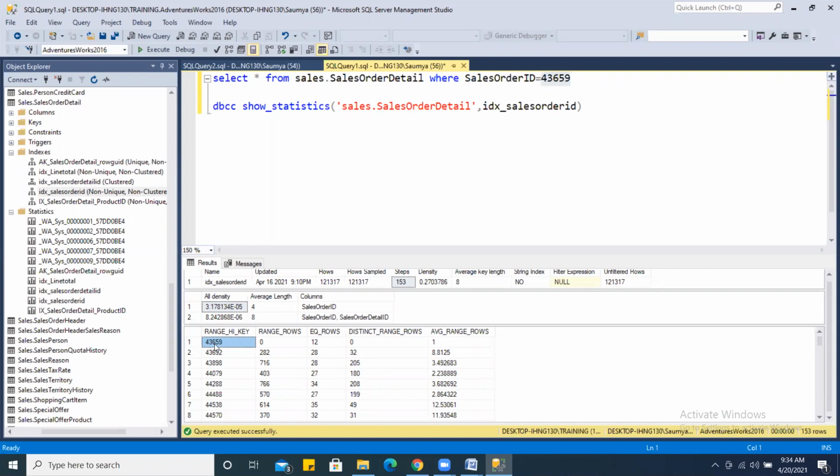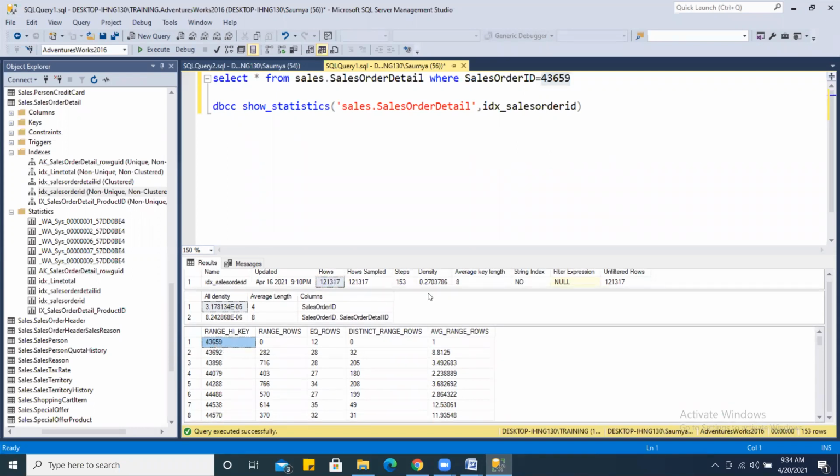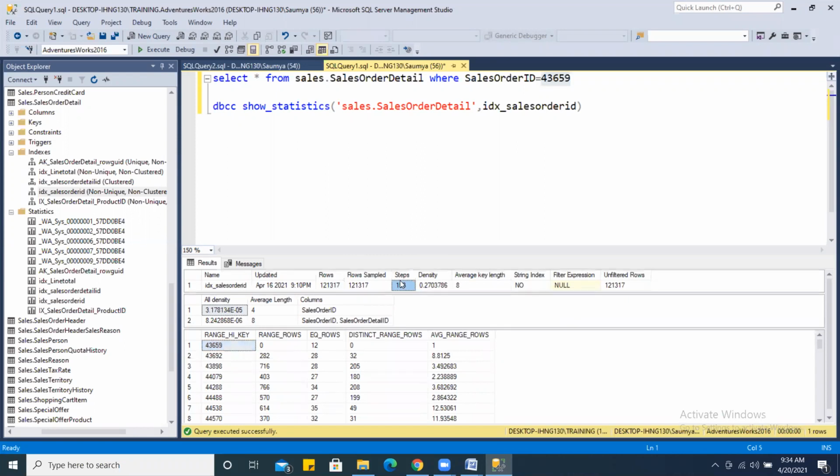Second thing, my table consists of 1,21,317 rows, but in statistics you see that this complete information, I mean these 1,21,317 values for the sales order ID column, has been stored in only 153 rows, and this is known as steps.